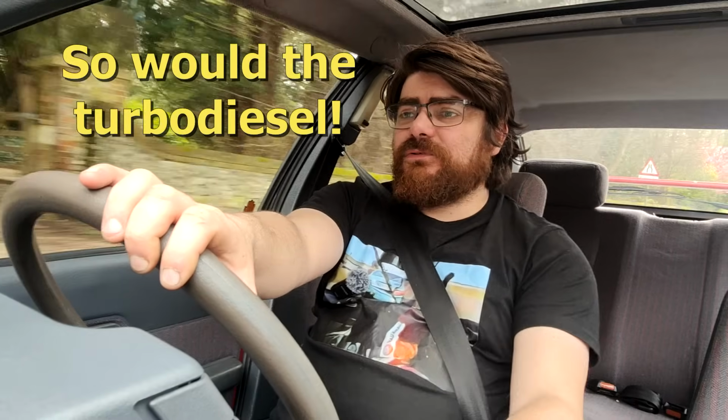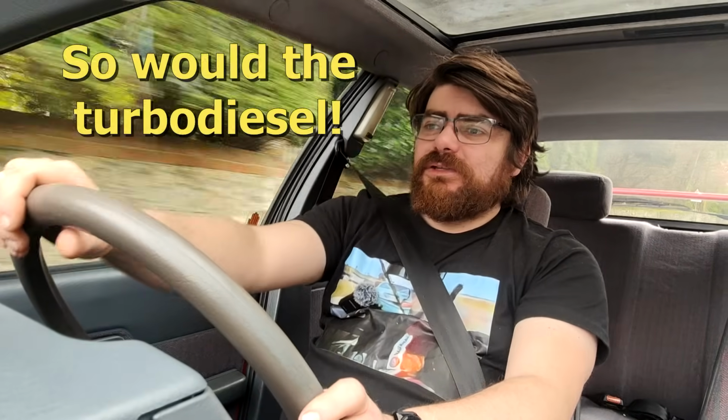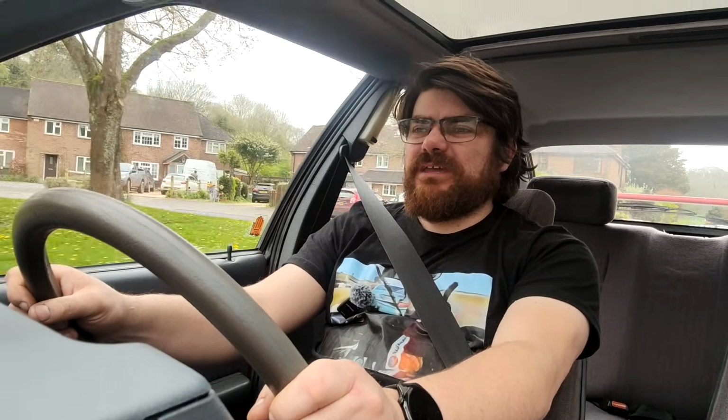The GTI, well, the GTI would make a better tourer than this, without a doubt, if you were just cruising along the motorway and you wanted to keep up speed. But who does long distance commuting or touring in BXs these days? They might do it once a year, part of an event, but you don't do it regularly. If you think about what you want to get out of the car,